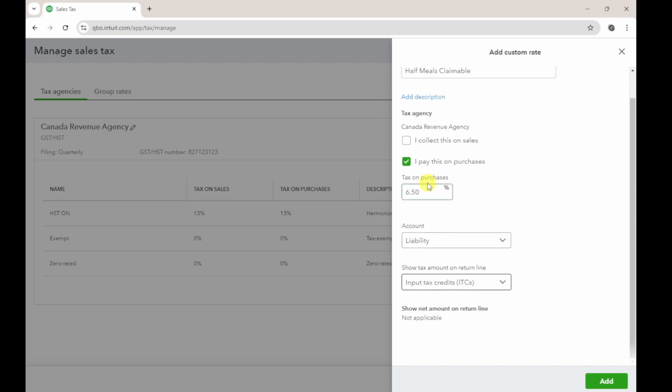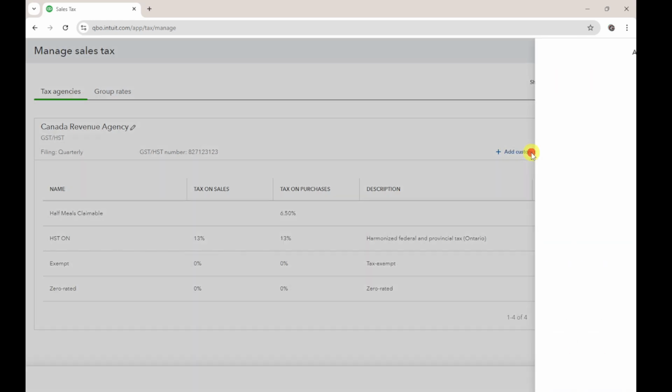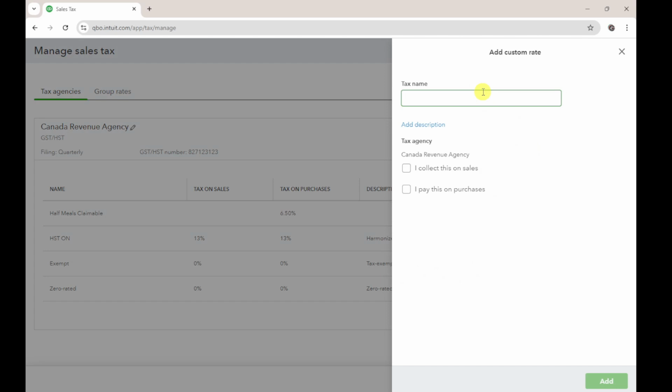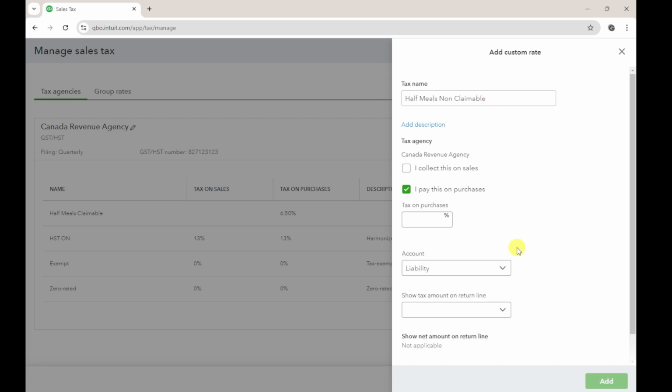So we're going to claim half of the ITC. We're going to click add. We're going to add another custom rate. And this time it's going to be the half meals non-claimable. And we pay it on the purchases, and it's also 6.5%. So it's the other bit of that 13. And we're going to say